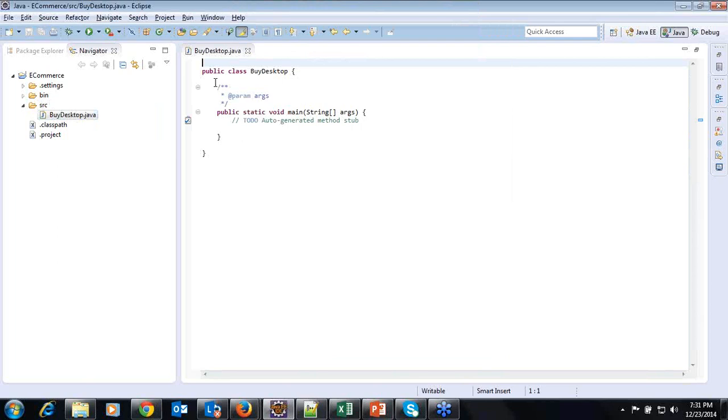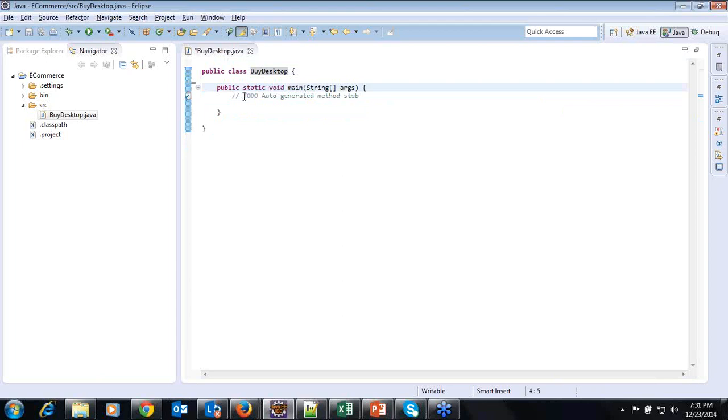After clicking on finish, you will get a class created with a name called by desktop. Here there will be some unwanted lines of code. You can just remove them. And let us use a Selenium WebDriver jar files, classes as well as interfaces. There is one interface called WebDriver. First and foremost, we need to use Selenium WebDriver